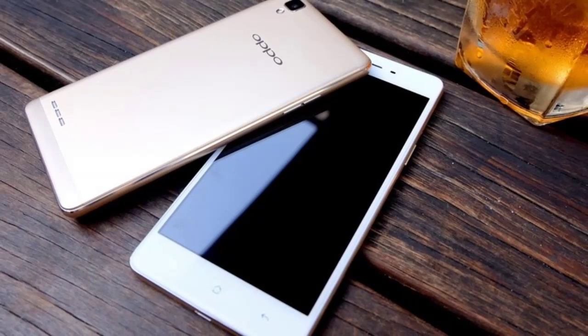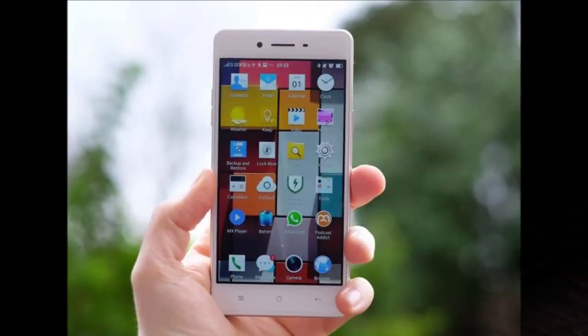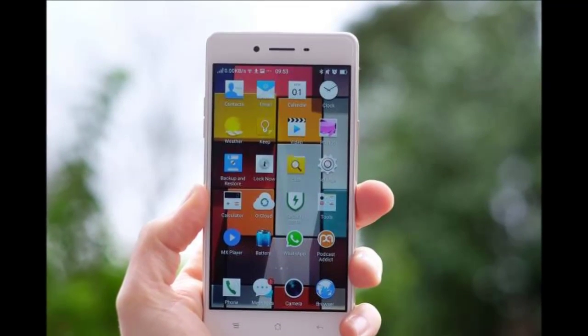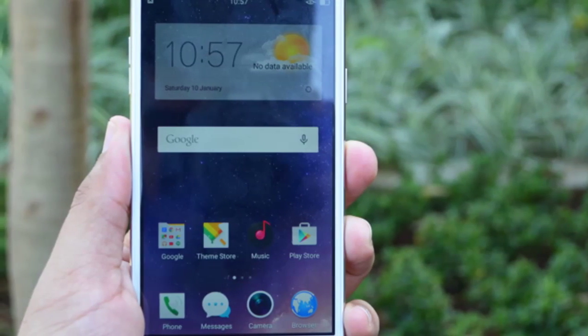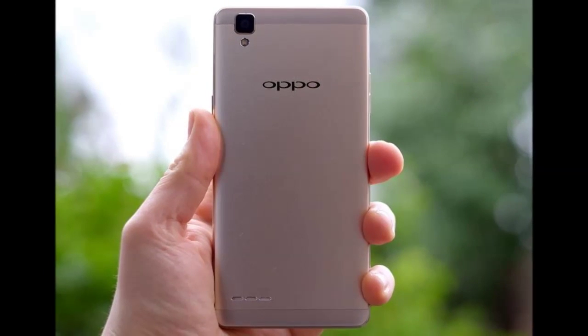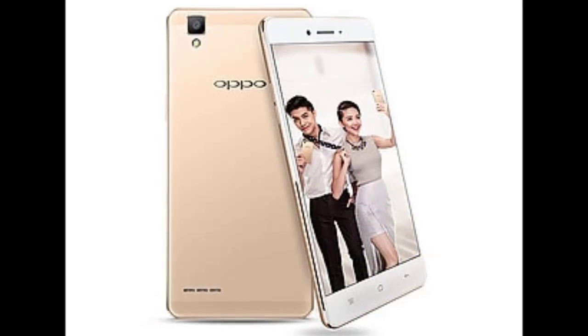In the front, we have a 5-inch HD IPS display which produces vivid colors when used indoors, but tends to appear washed out under sunlight. The display tapers around the edges, making it a smooth transition from glass to metal, and we even have Corning Gorilla Glass 4 for added strength. There's a notification LED in the upper right corner, and capacitive buttons at the bottom for navigation, which sadly aren't